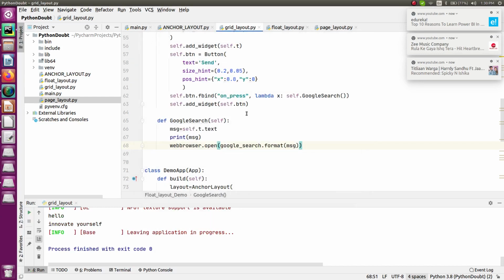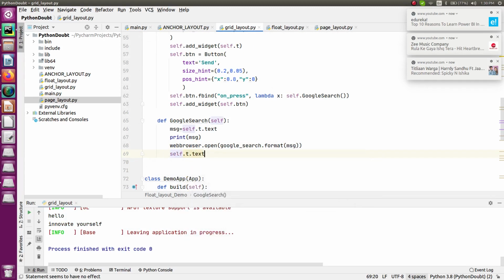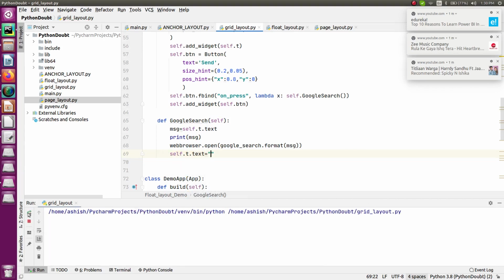Once you're done with everything, at the final step, you can simply pass self.t.text equal to an empty string. That means you're making that message empty, you are just updating that message. So this is how I'm going to do it. Now you can run it again.